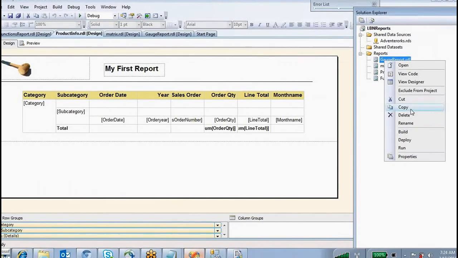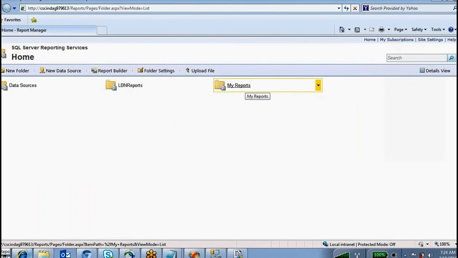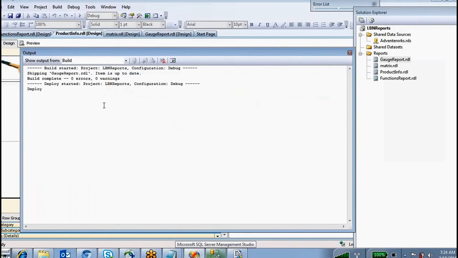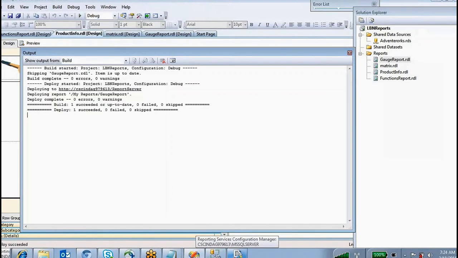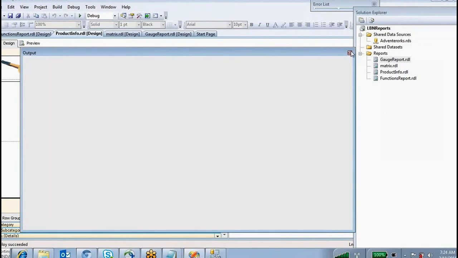Then whatever reports you deploy here will come into that particular deployment folder. For example, if you want to deploy only this report, see, it is deploying that report. Deployed successfully.